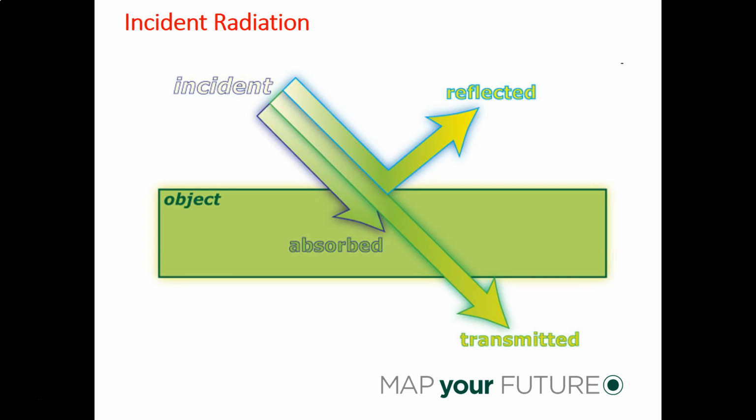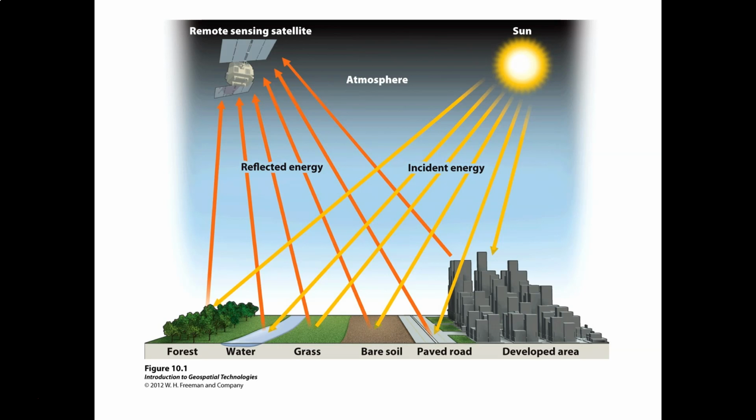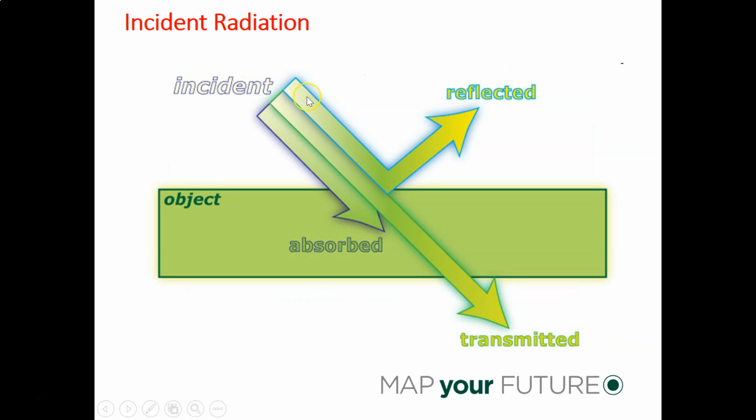Here is a more detailed diagram showing incident radiation. So again, the incident comes from the sun, and then it's split actually into three types of energy. First is the reflected one. That's the one that we actually are interested in, because that's what gets eventually to the sensor. Then we have a certain portion of incident energy that's being transmitted. A good example of that is